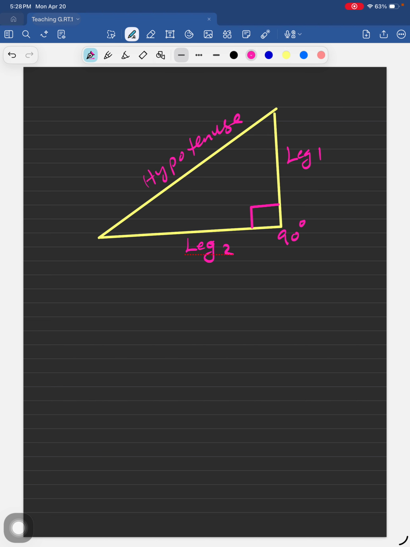Now if this angle, angle 1, is 30 degrees,